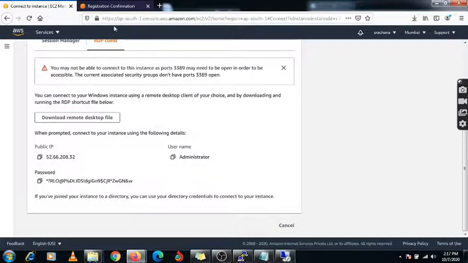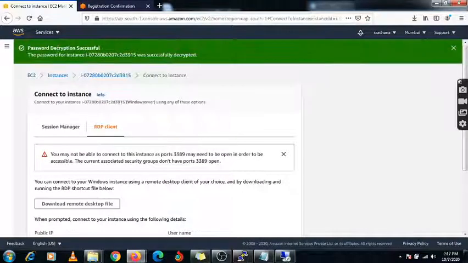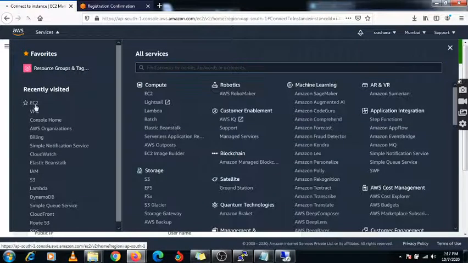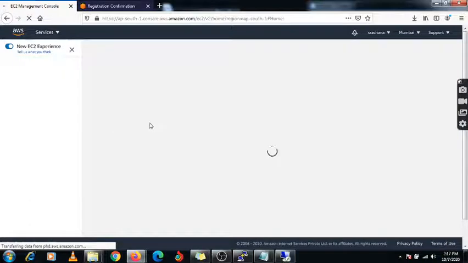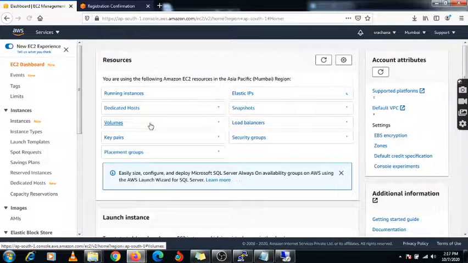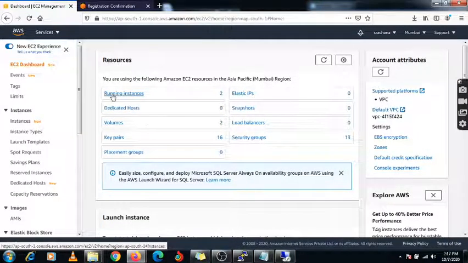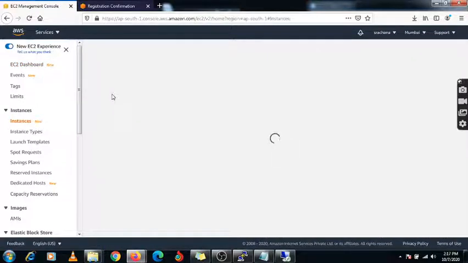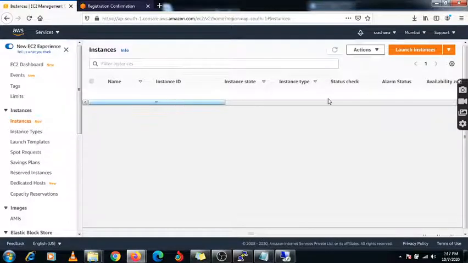And now if you want to remove your EC2 instance, how can you remove it? First go to your EC2, go to running instances. Now we are removing all the instances.